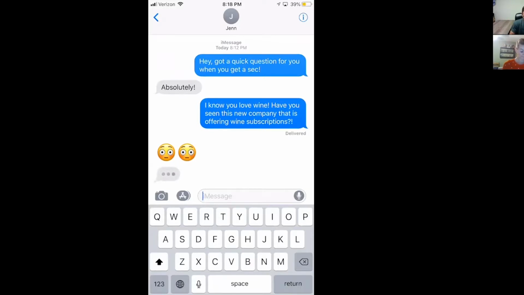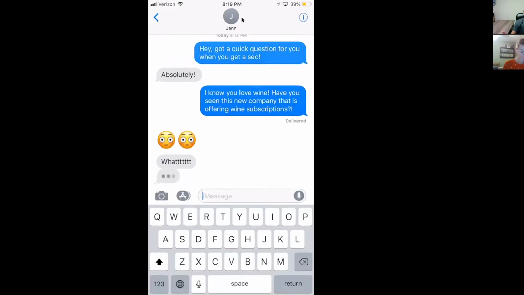So here she goes. Let's see what she says back. She says what? Okay. As in like, what? Like, what's that? I think I was reading out. Yeah, exactly. So anyways, at this point, I'm now going to want to send the third text message. Because everyone's response is going to be a little bit different. Some might say, no, I haven't. What is it? Someone might say like, Jen, what? Like that. You're going to have to craft this just a little bit. But the idea is to now turn them into checking out a video.